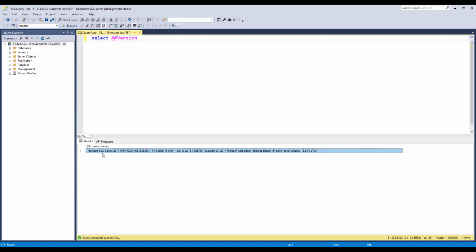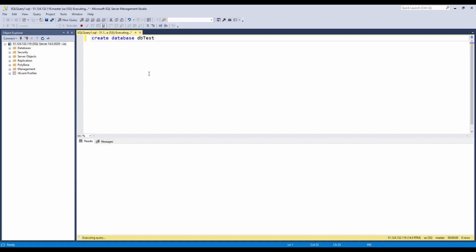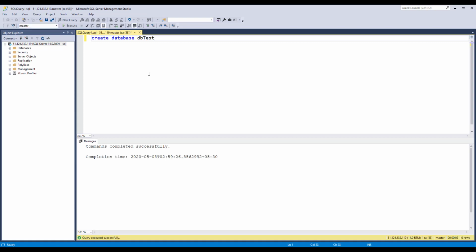It's showing SQL Server 2017 for the Linux Ubuntu version. Created test database. Execute the command. Command executed successfully. Yes, we have the database here.